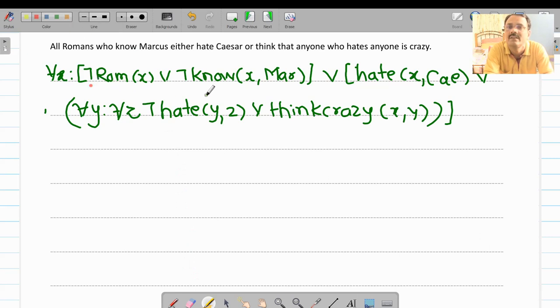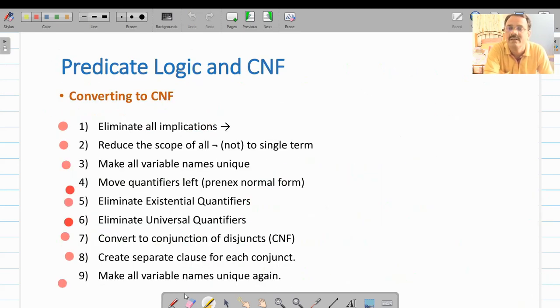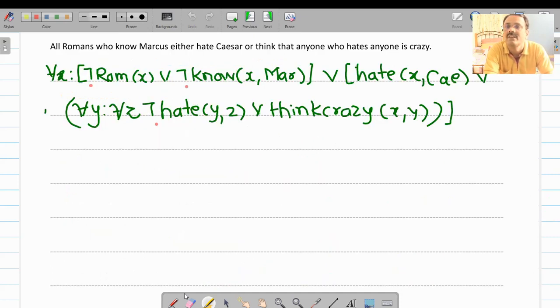So out here, the nots, second not, third not, are associated with the individual predicates. So that was step 2. Now step 3 is to go back and standardize variables. Check out the variables: we have for all x, then for all y, for all z. Three variables, all different, so the variables are already standardized, and you need not apply step number 3.